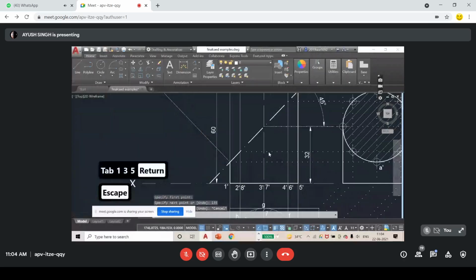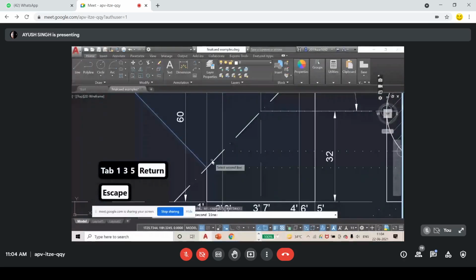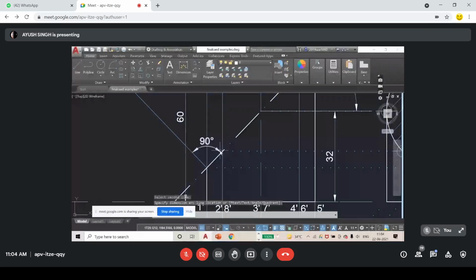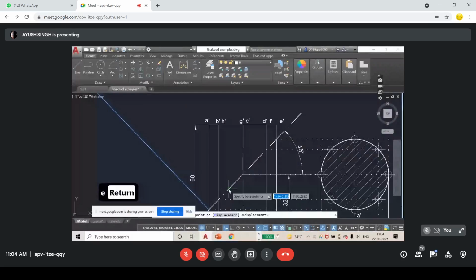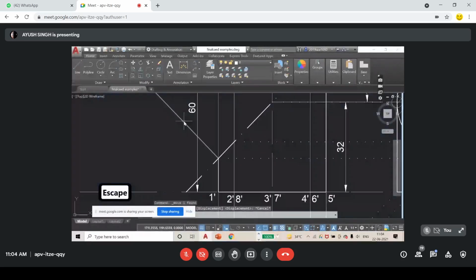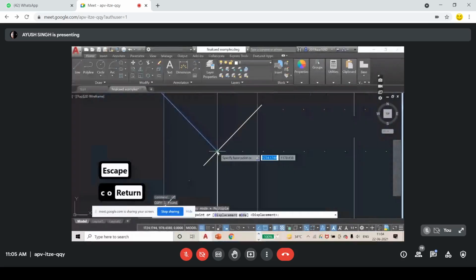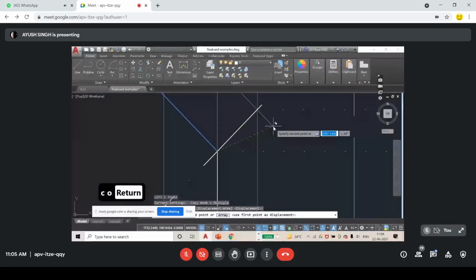First I need to check if this is perpendicular to this. Okay, see, this is perpendicular to this. So I have created a line perpendicular to this. Now I'm going to move it. Oh, not move, copy it. CO. Select the base point as this and copy it here.